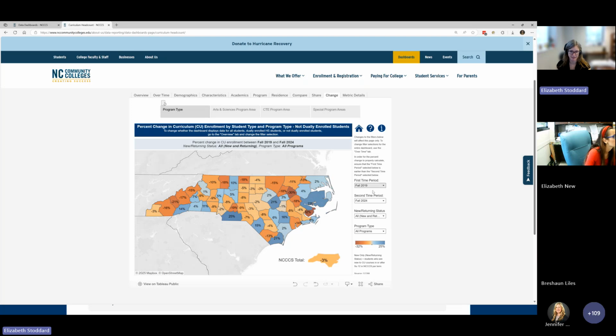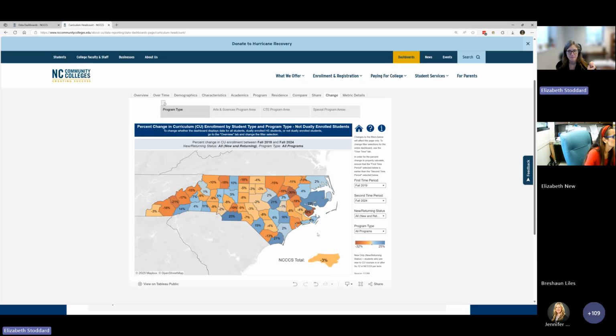But looking at the graph, you can see there is a lot of variability when you're looking college by college. So Cape Fear here actually had a 2% increase in their non-dually enrolled student enrollment between